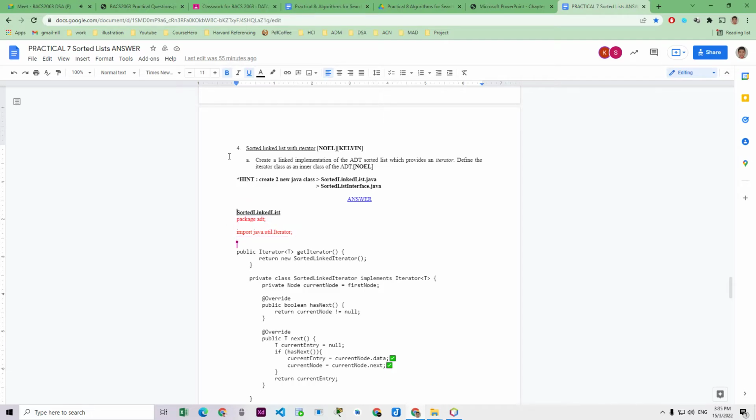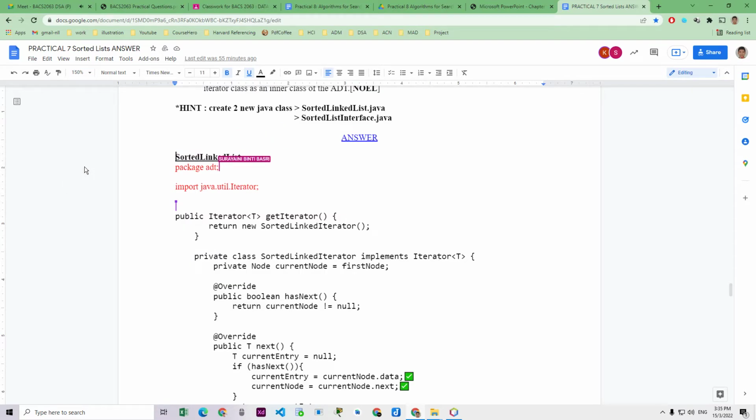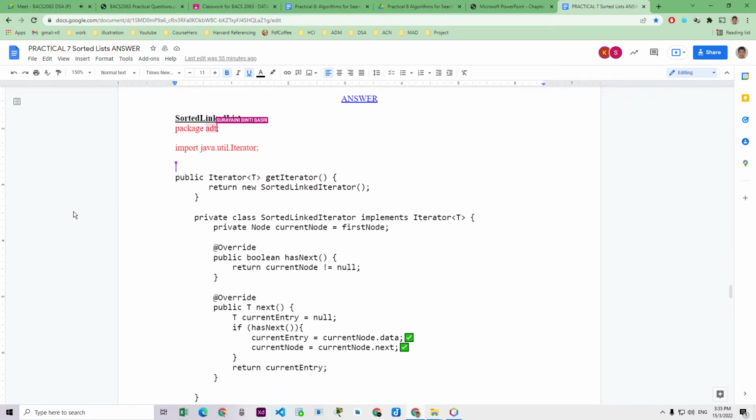Oh, well, because I saw this is correct. Because this is a sorted linked list, you should put package ADT to identify that this file is under this package ADT. So this is compulsory. And then you want to use the method from the Java package, which is util. So yes, correct. So public iterator,